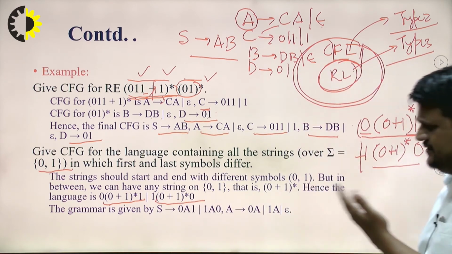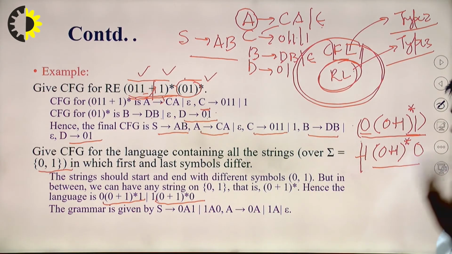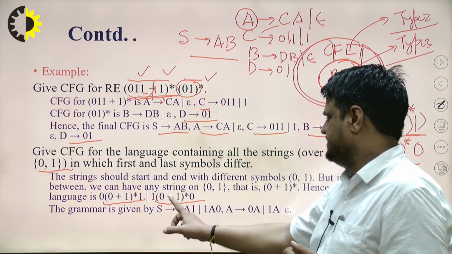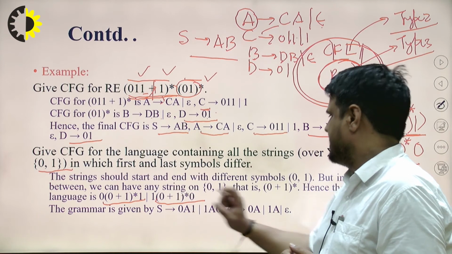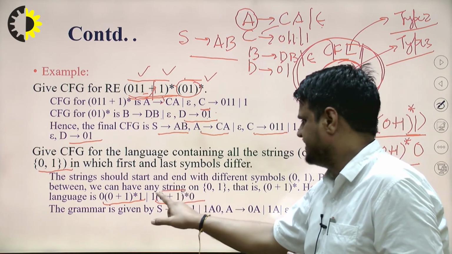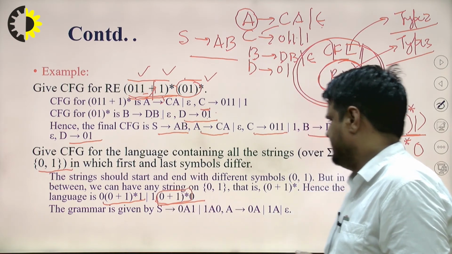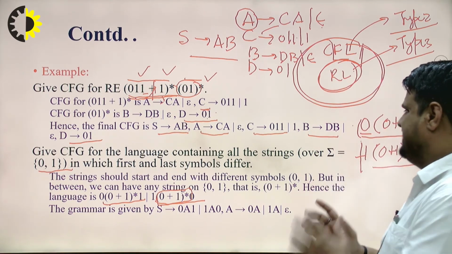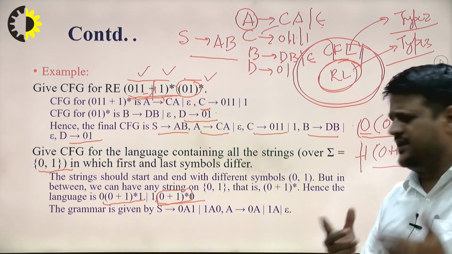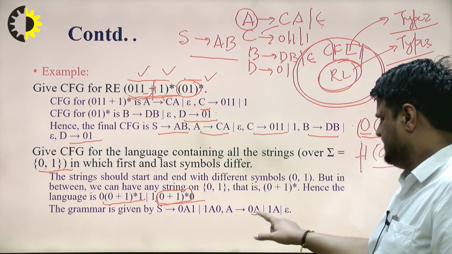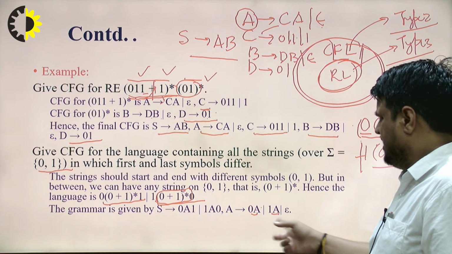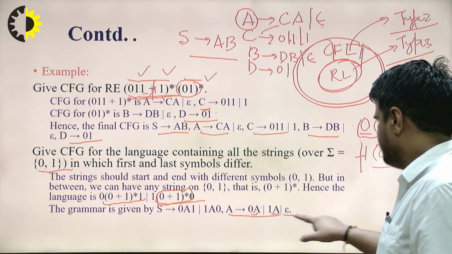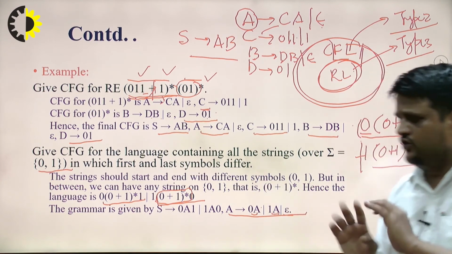Now if you want to write down the grammar for that, how can you write it down? How can you generate this particular (0+1)*? Firstly, you have to think about that. (0+1)* can be generated by any combination of 0 and 1. So either 0A or 1A. Star will be there, so the minimum string will be epsilon. So this particular production will generate (0+1)*.